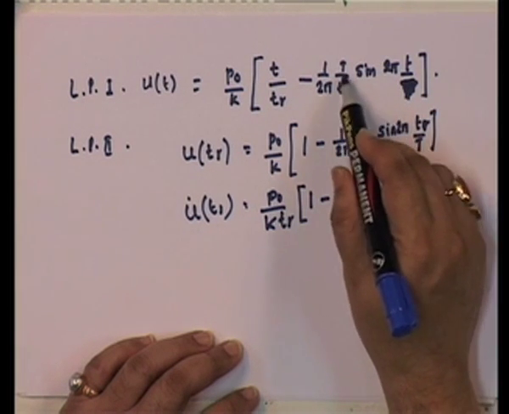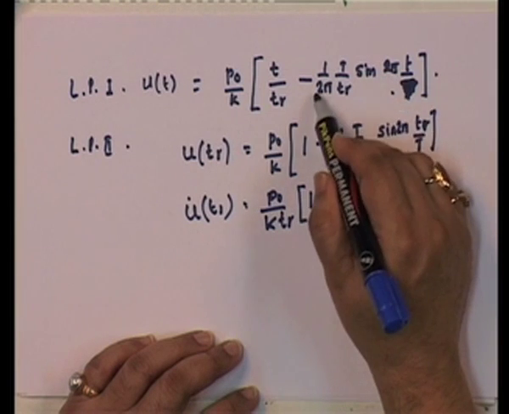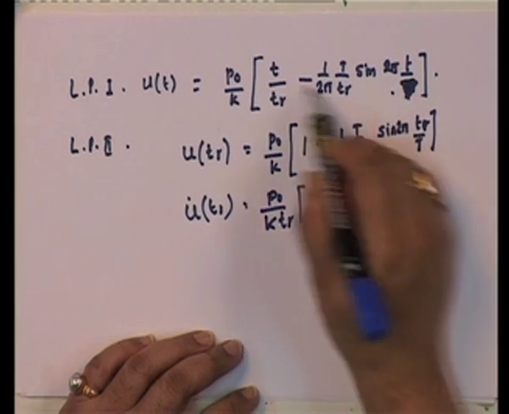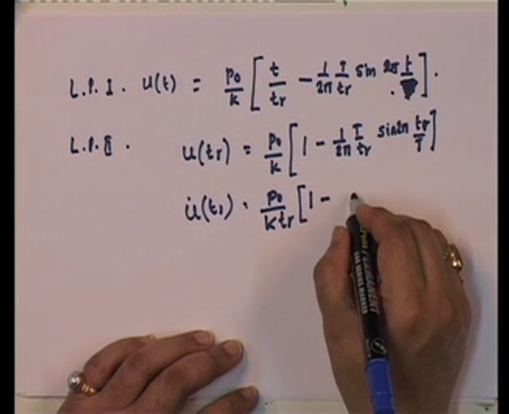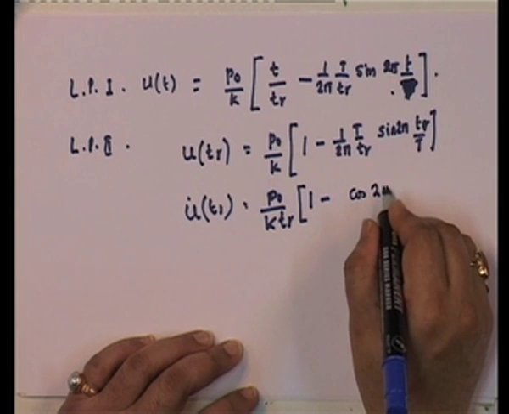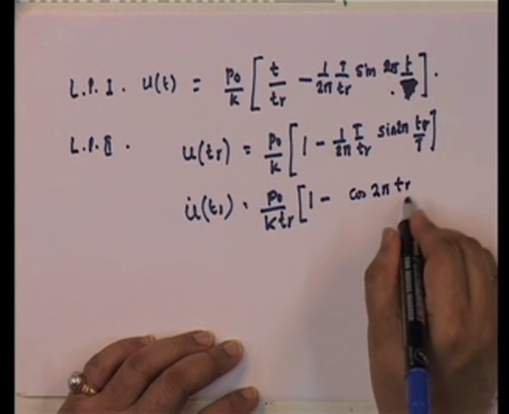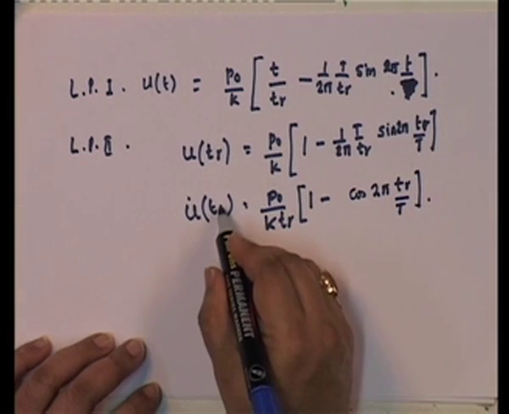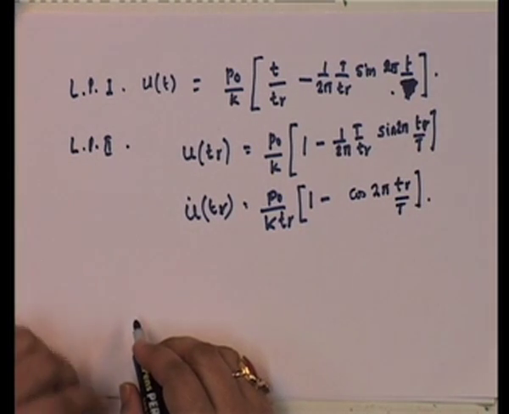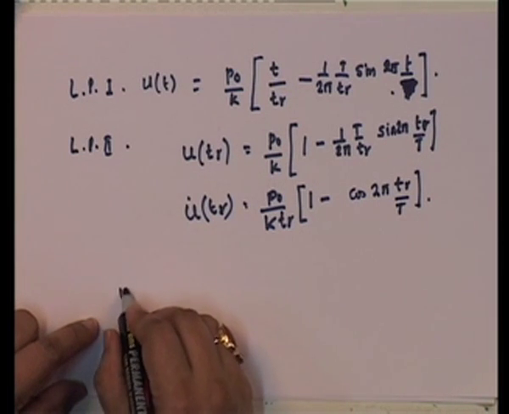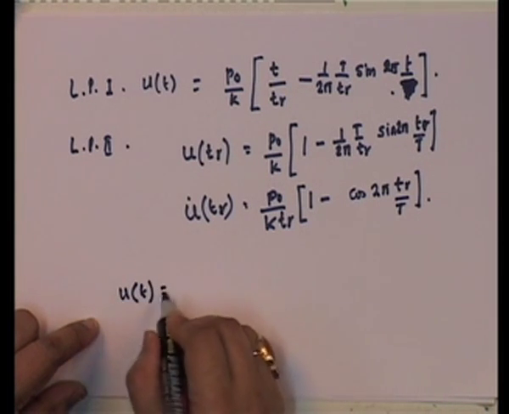So, this 2 pi cancels, t and t cancel, 1 upon T_r goes outside. So, this becomes 1 minus cosine of 2 pi t_r upon t. Okay. So, the point to write down is that in load phase 2, I get